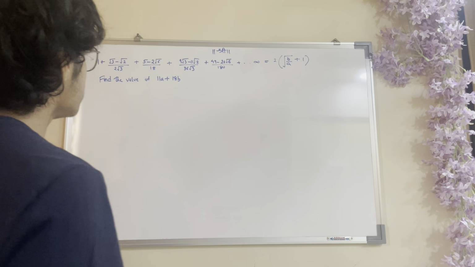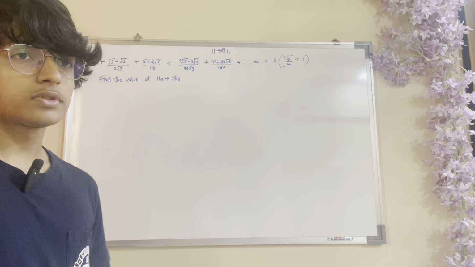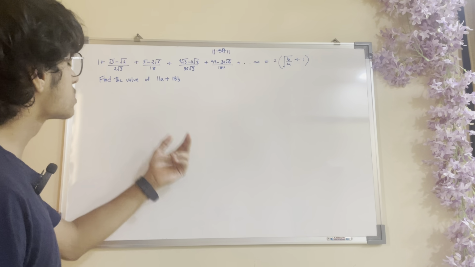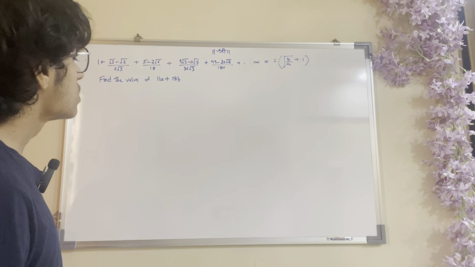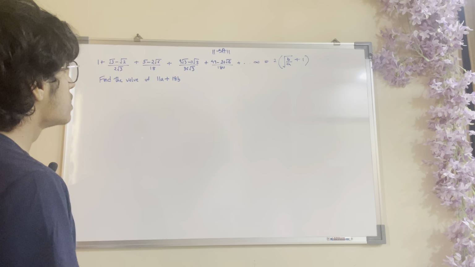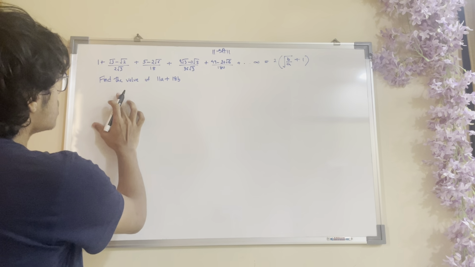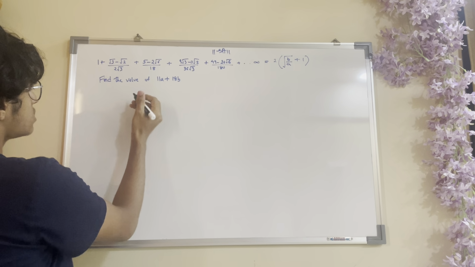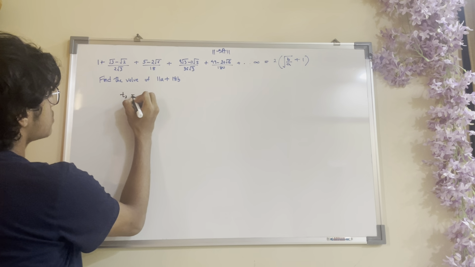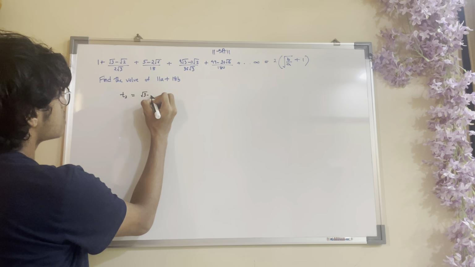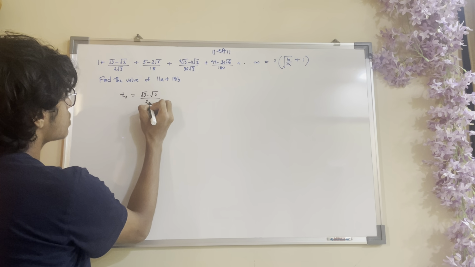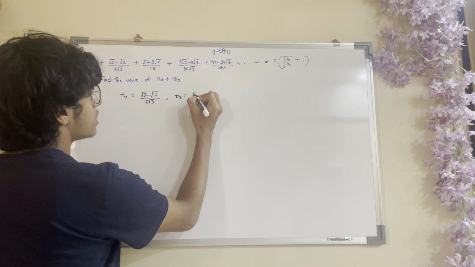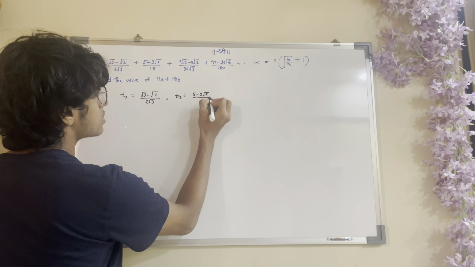In today's video we have a question of sequence and series, and we have a very weird looking series here, but let's try and solve for each of the terms. First term is 1 and second term is this. Second term: root 3 minus root 2 by 2 root 3. The third term is 5 minus 2 root 6 by 18.